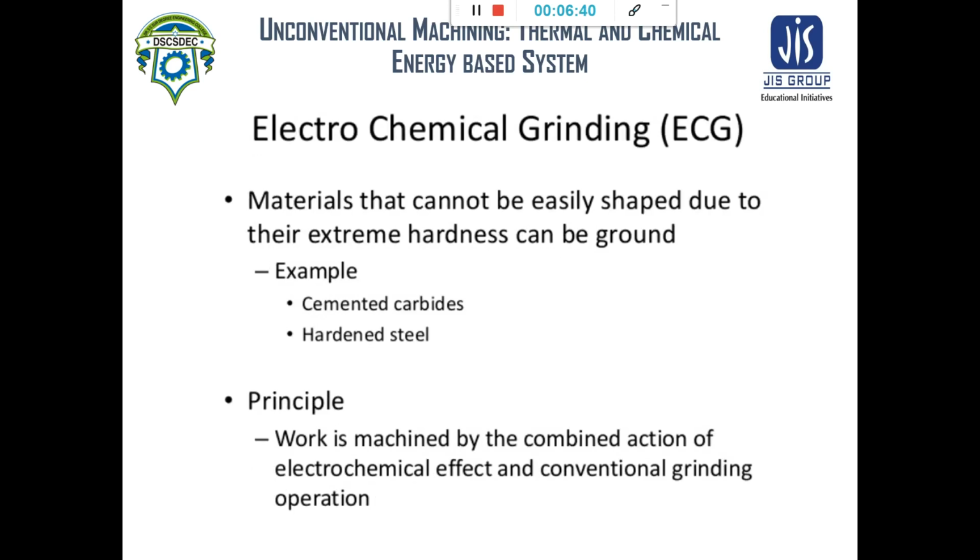No burrs are produced. In case of electrochemical grinding, materials that cannot be easily shaped due to their extreme hardness can be ground very easily. An example is high hardness material, for example cemented carbide and hardened steel, that can be very easily ground by using electrochemical grinding. The principle is the work is machined by